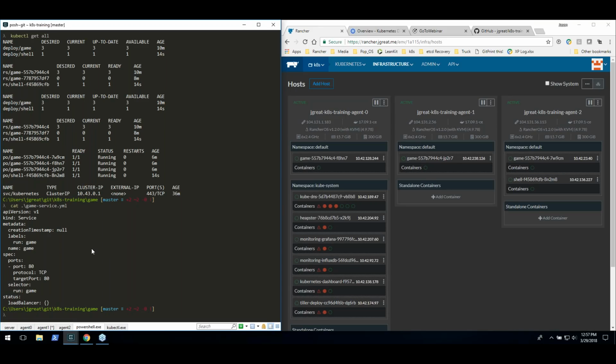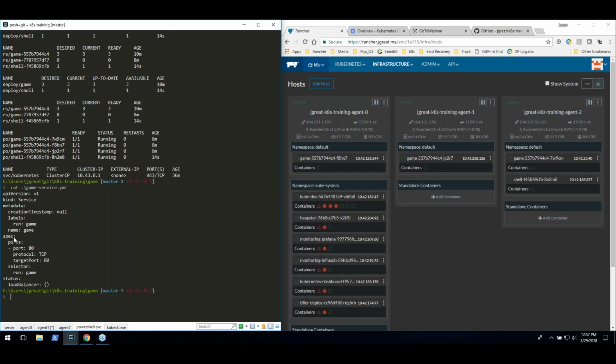All right. So let's talk a little bit about what this object looks like. So services have been around for a long time, so they actually have a proper V1 API object version, which is kind of cool. We have the kind, we have the service, we have a little bit of metadata around this, and so we have our labels, run: game, and our name equals game for metadata. And then we have our spec for our service. So services deal with ports. So we have a map of ports. In this case, we want our service listening on port 80 on protocol TCP, and it's targeting port